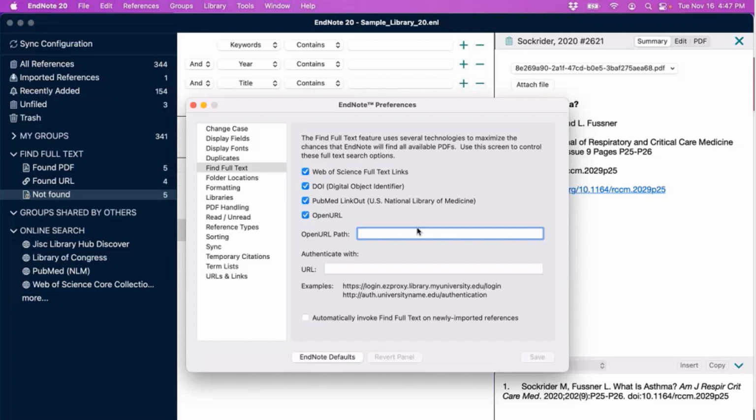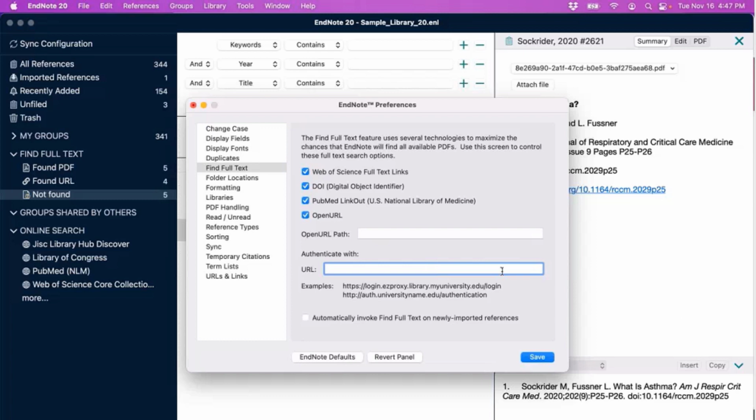In addition, like I mentioned, if you're at a larger institution like a university, you'll usually have an authentication URL. That's usually the start page for your institution's website, typically, where you can provide your institutional credentials. If you define that here, once per Find Full Text session, a browser window will open in EndNote, taking you to that page so that you could provide your institutional credentials.